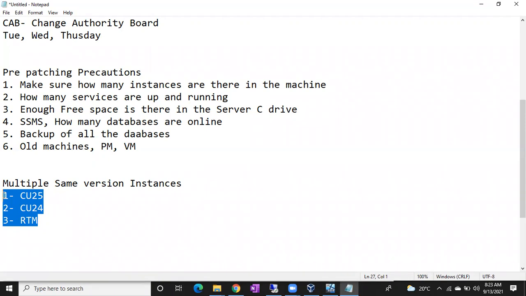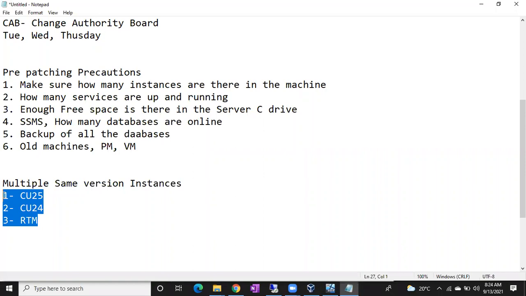Two. How many? Two instances. Are you sure? One, sir. Who said one? Parjana and Padmana. Yes, sir. Gopi, sir. Already the first instance and second instance are patched, sir. Only the third instance we have to patch. That's only the RTM. What is the RTM stage of the instance? That only we have to patch.